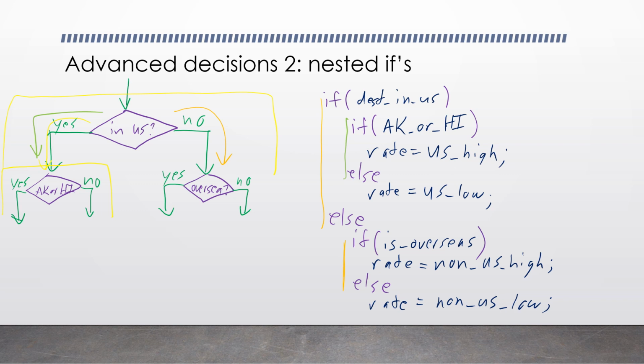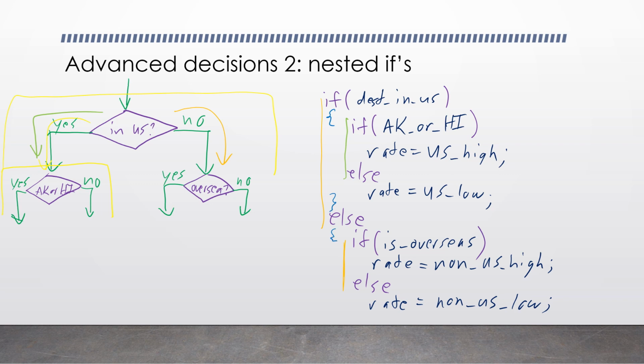Now you may have noticed in this example I didn't use the squiggly curly braces. Why? Because I had a very limited amount of space. If you have only one statement after an if, you can get away with not using curly braces. It's better to use them. So the way this should look is if dest in US, also I suck at drawing curly braces,